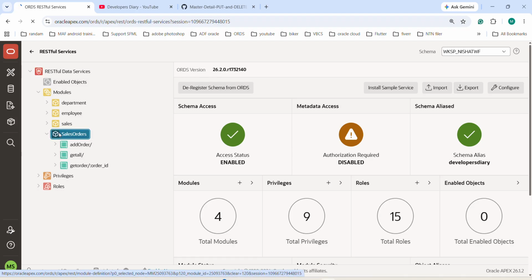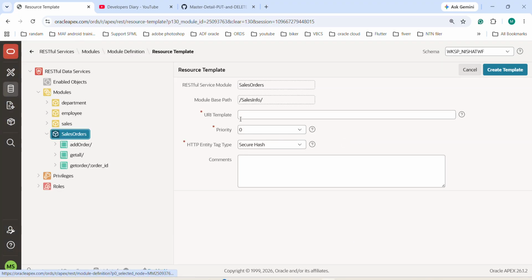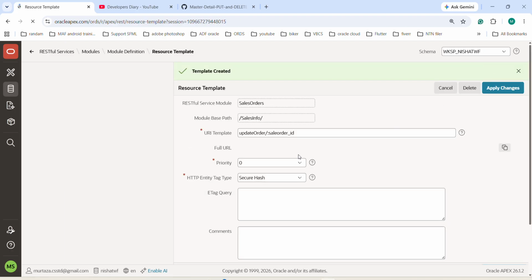So we are going to create a template for update order, and we are going to use sale order ID as a variable that we are going to pass through the URI. Let's create this template, and